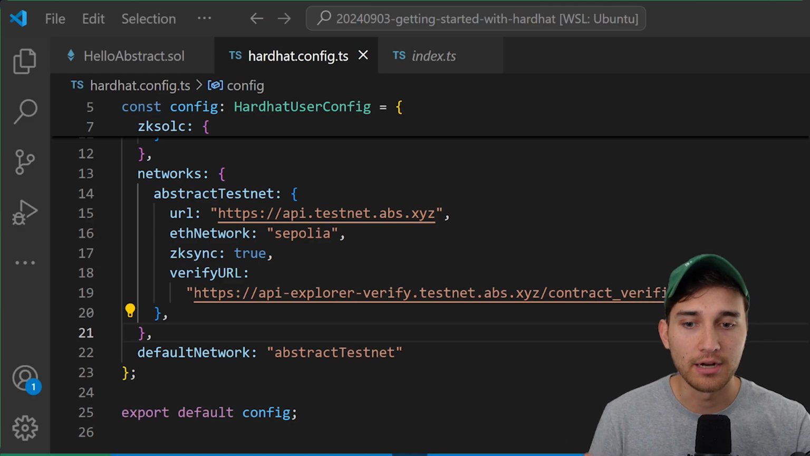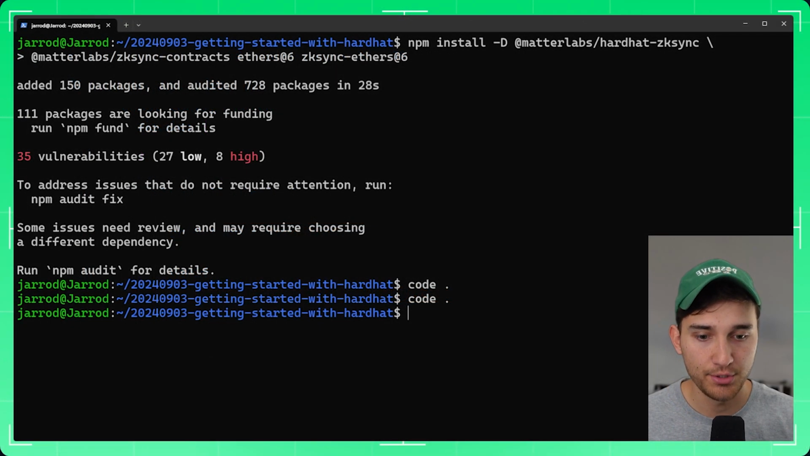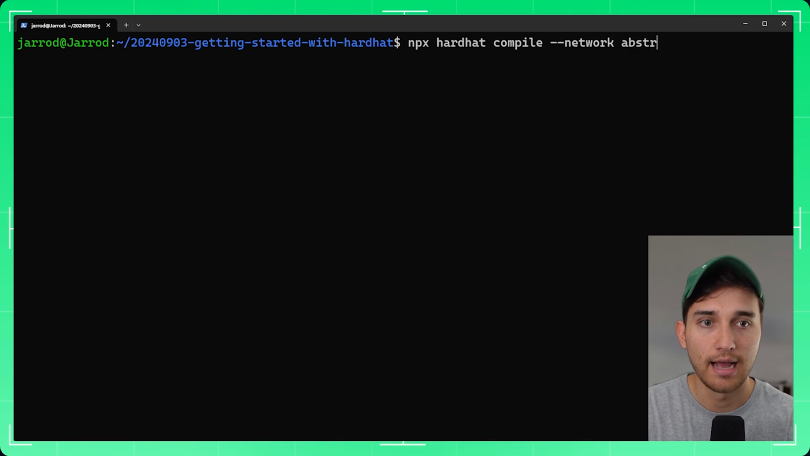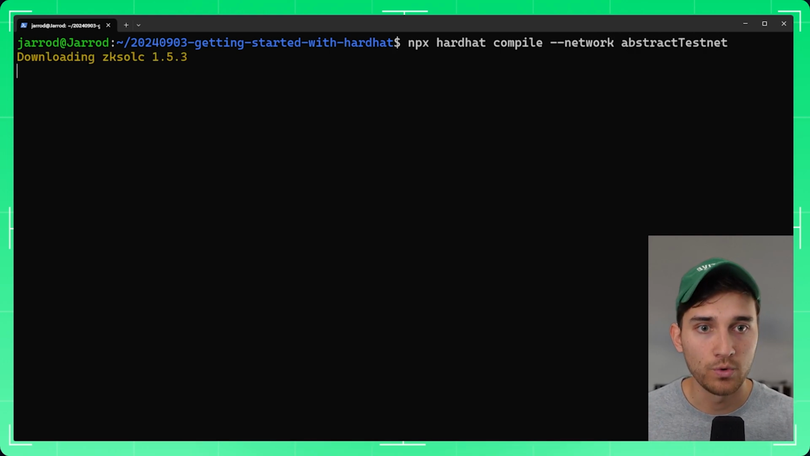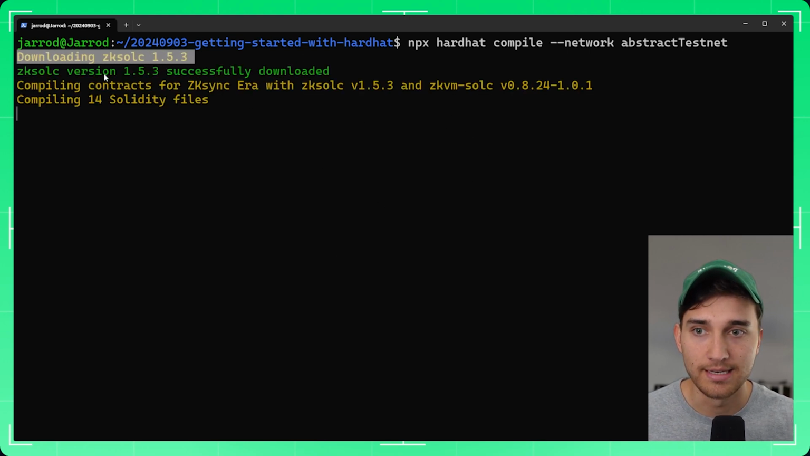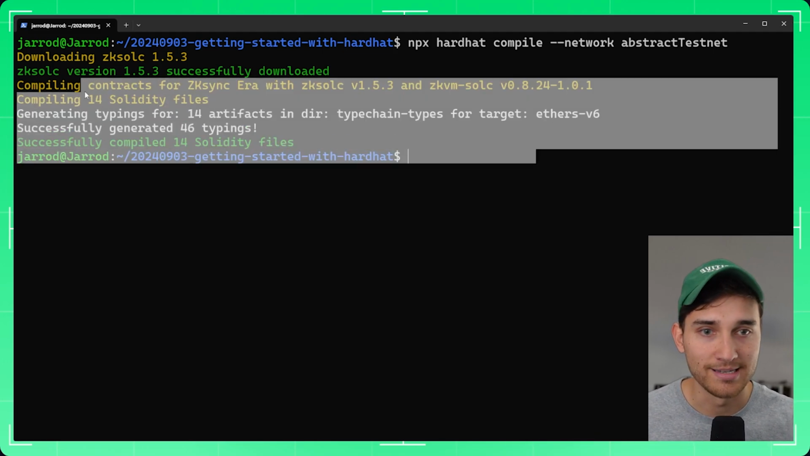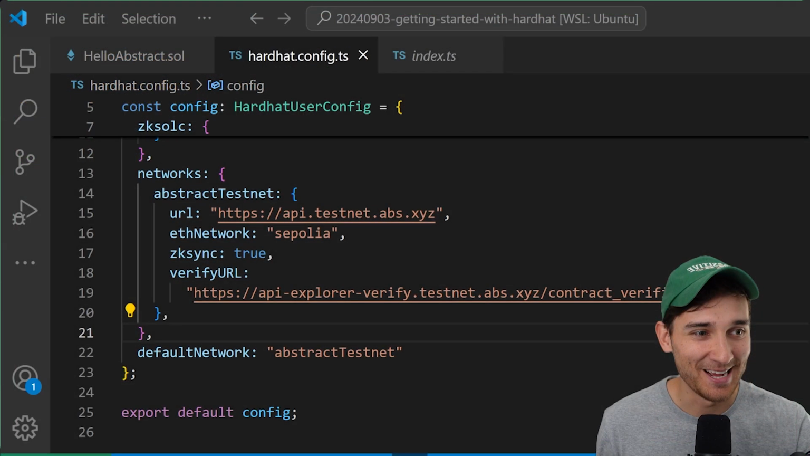Okay, so now we're actually ready to compile. So what we're going to do is jump back into the terminal here. We'll clean this up quickly. All we need to really do is run npx hardhat compile and then pass the network flag abstract testnet. And if we quickly jump into the VS Code while this happens in the background, you can see it's first downloading the actual compiler and starts generating the artifacts from the compilation process. I was too slow to show you that in real time,